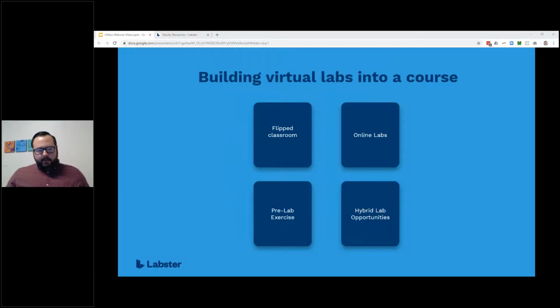Another way is as that pre-lab exercise. So students complete this prior to a lab to again give the students an understanding of the techniques and concepts that they're going to cover in that week's experiment. So if the students, for example, spend 30 to 40 minutes going through an exercise similar to what they'll be doing in the actual lab, they will see a few benefits there. They're going to be familiar with the experiment, so it's going to save the instructor or TA time explaining what they're doing at the beginning of the lab.